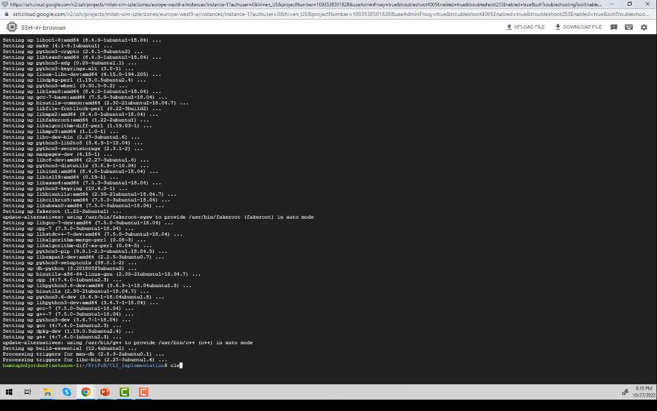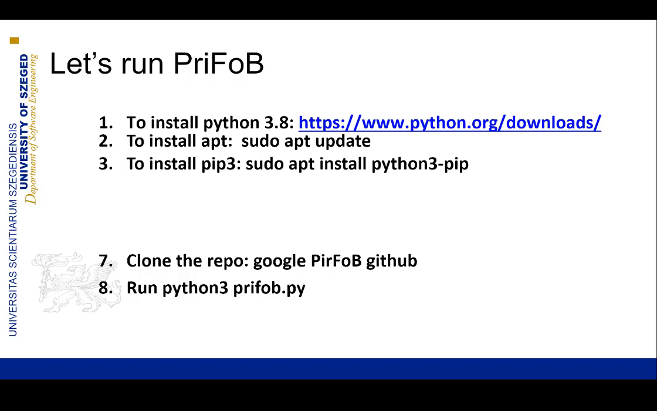Perfect. So I will clear the screen, and I'm going to go back to my presentation, and here's the command for installing the RSA library. So sudo apt install python3-rsa. Is that correct? Yes. So enter,